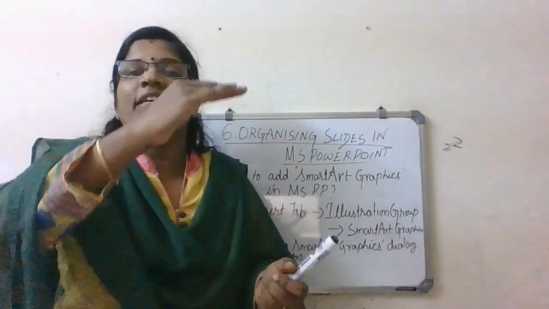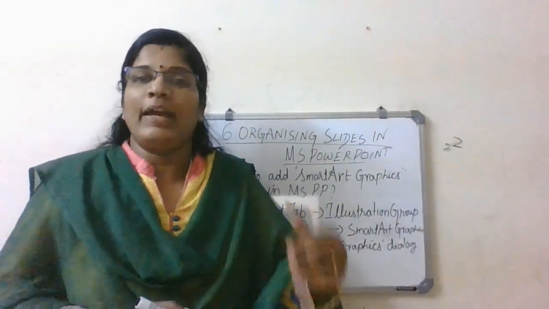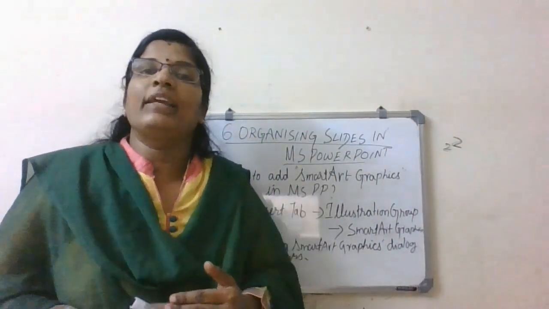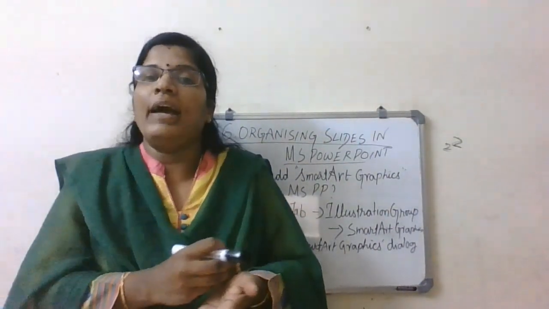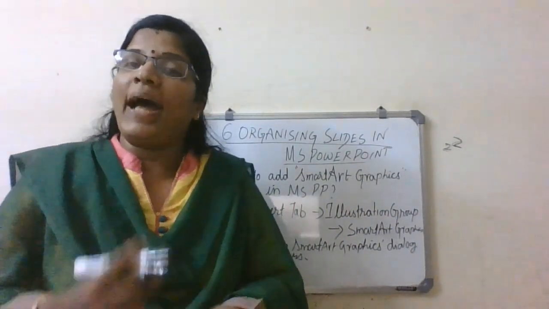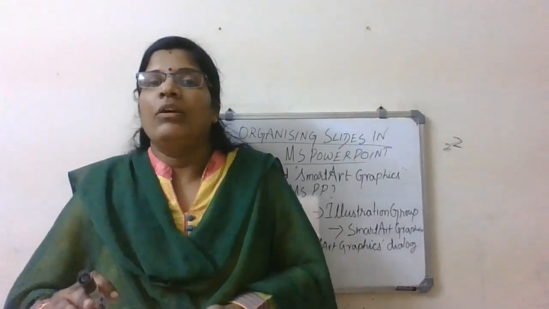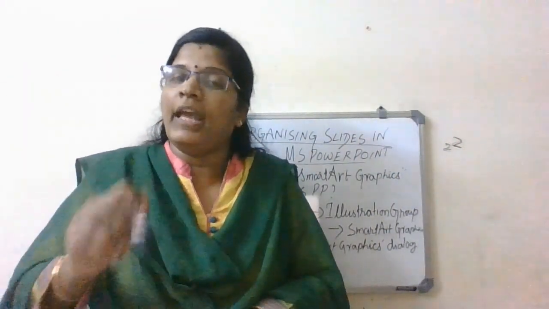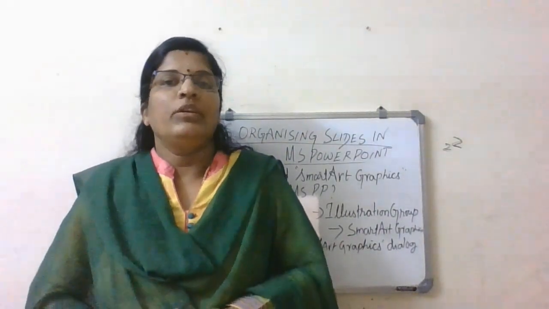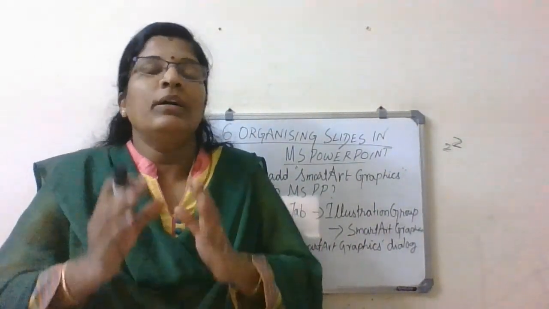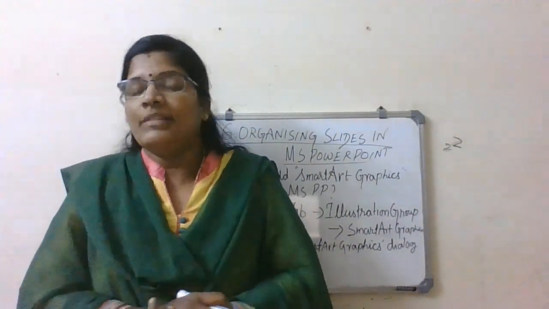On the left side you can see the category names like All, List, Process, Hierarchy. Likewise you can see the categories, and in the middle, if you are choosing Hierarchy, you can see the different patterns or layouts available in Hierarchy. If you choose a particular layout, you can see the preview in the third column. If you feel good with that particular SmartArt graphic, click on the OK button. That will be visible on the slide.